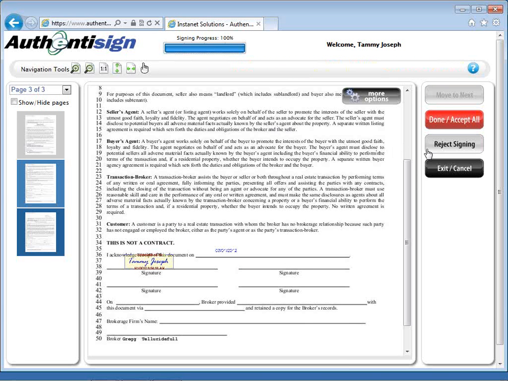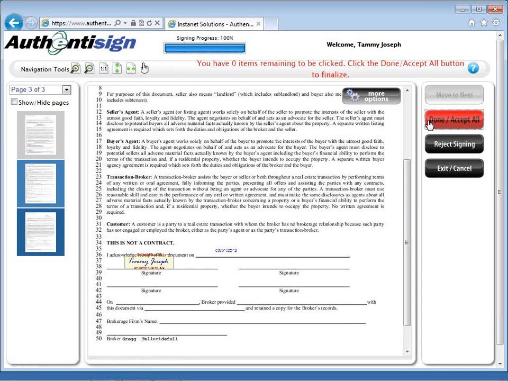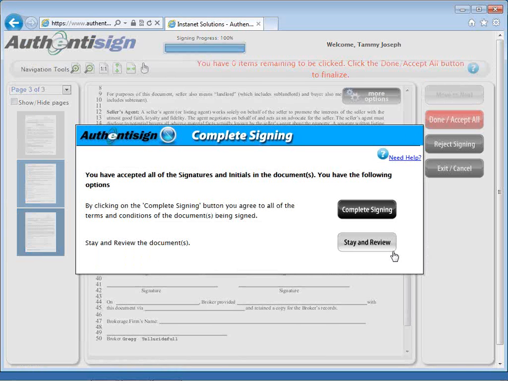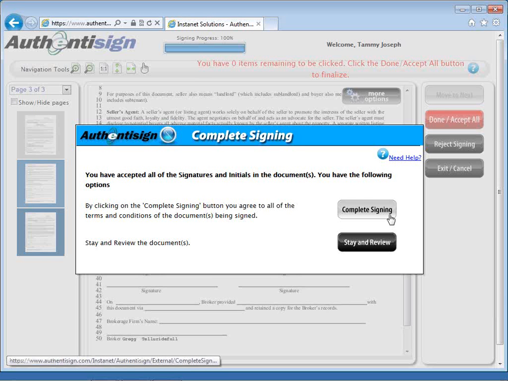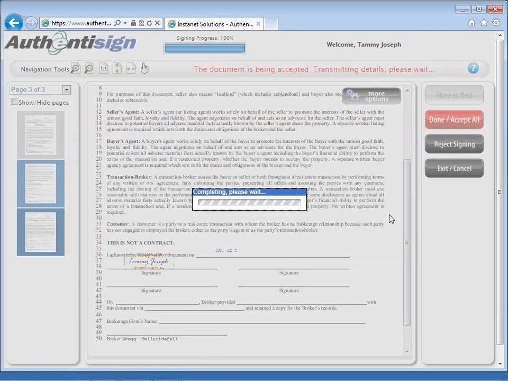So I want to go through now and make sure I read everything, make sure I understand the contents of the contract and agreements that I'm signing. I can reject it at any time before I click Done and Accept All twice, right? I can still stay in review. Otherwise, I'm going to complete the signing. I'm confident I read through it. I understand what I'm getting myself into, and I'm going to complete that signing. Otherwise, I stay in review, I read it, I reject it if I don't understand it, and I go forward that way. But we're completing it, and now to show the integration between